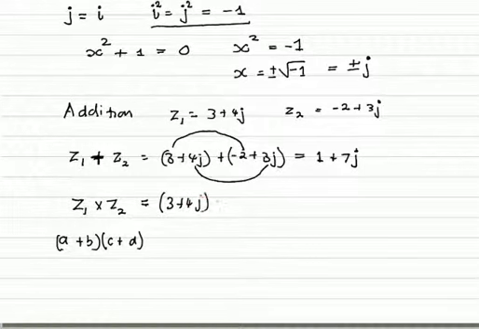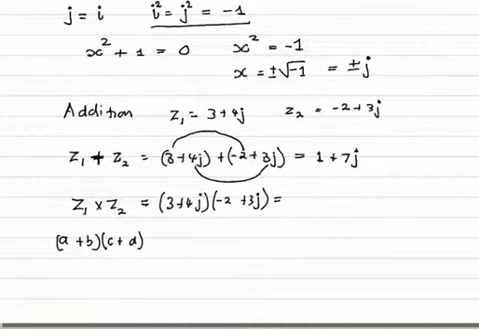So if we do that multiplication now, we'll write (3 + 4j)(-2 + 3j). The multiplication here is the usual multiplication we did with binomials at school or with Maths 1. So we multiply 3 times minus 2, we'll get minus 2 times 3. I'll work it slowly so that those who don't remember can follow. And then we're going to have minus 2 times 4j, so plus minus 2 times 4j.